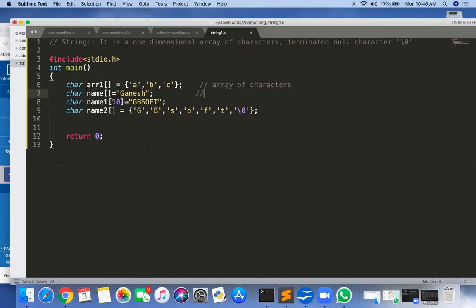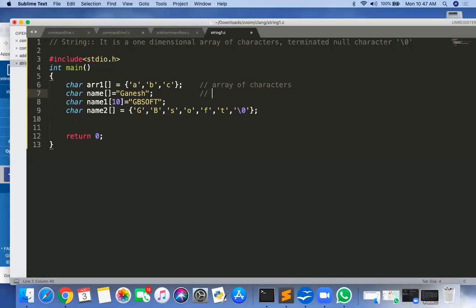But what about the second one? Now, the character name array is a single-dimensional array equal to "Ganesh". If you initialize the array with double quotes, the compiler will itself add a null character as the last character.